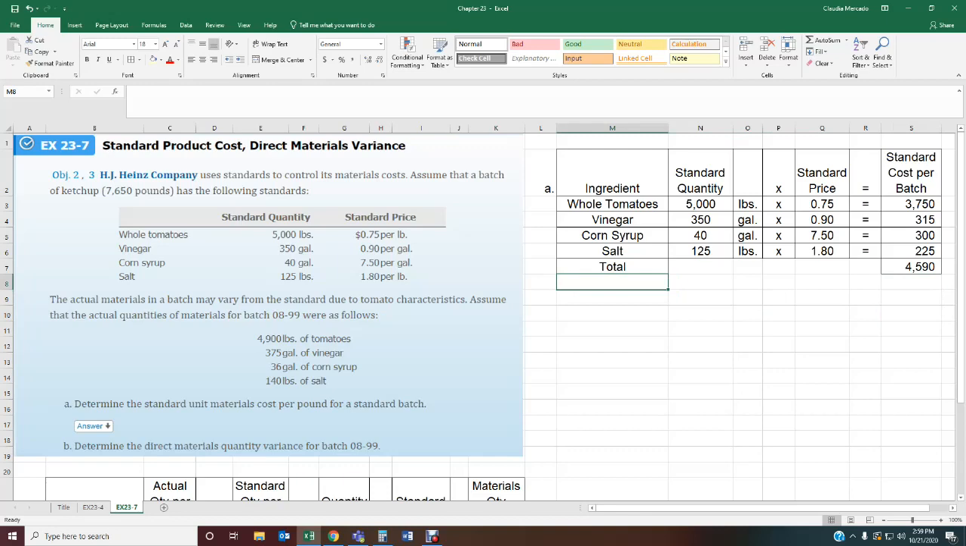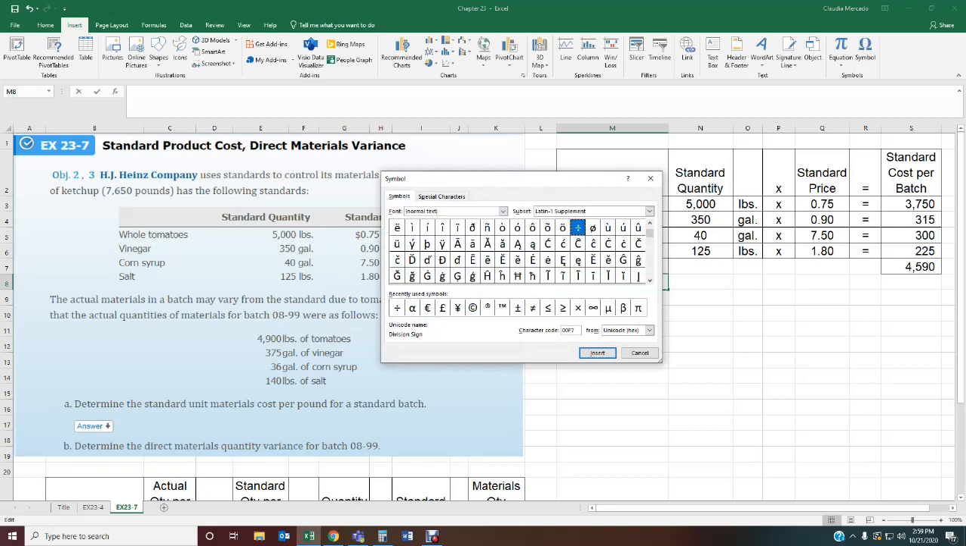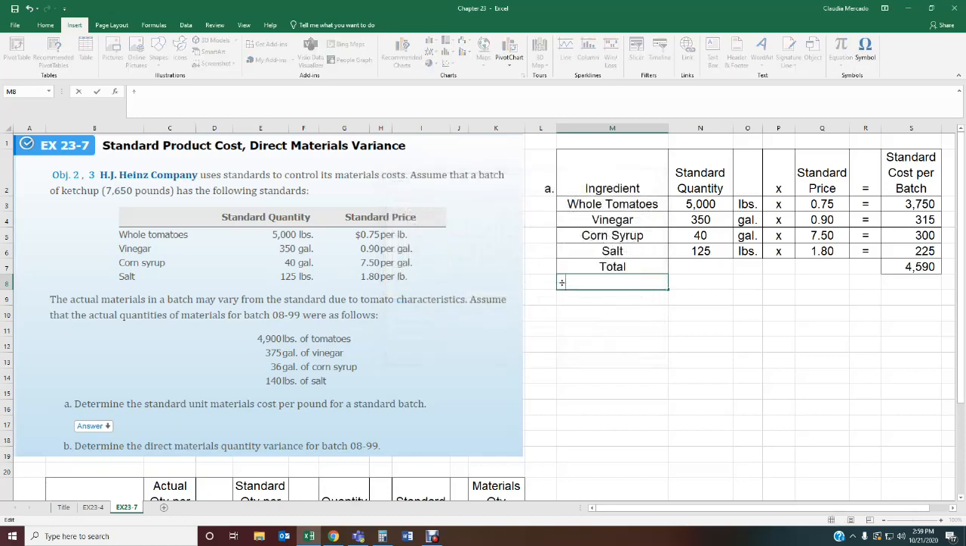Now, let me see if I can insert. I'm going to divide that by the pounds per batch. So, the pounds per batch are, I'm going to divide this,